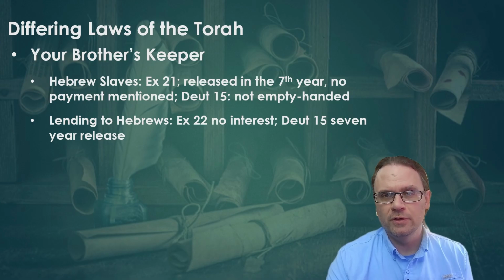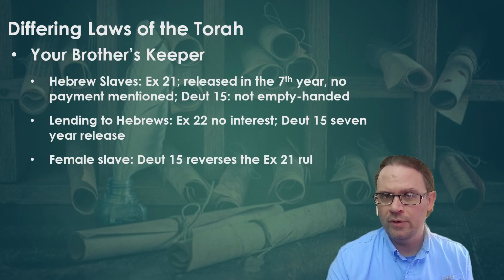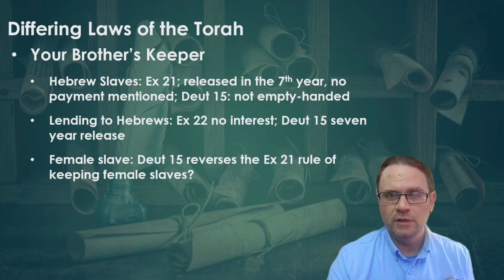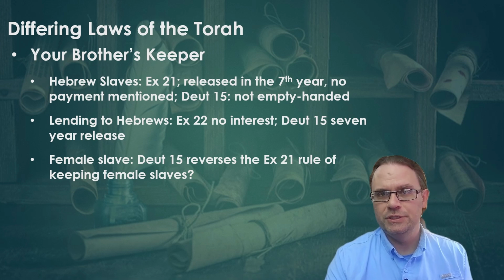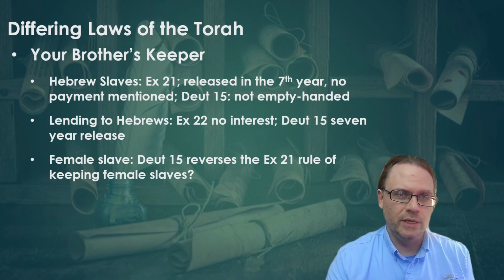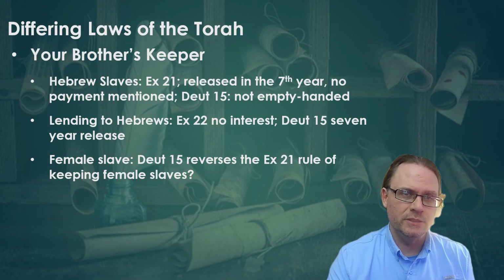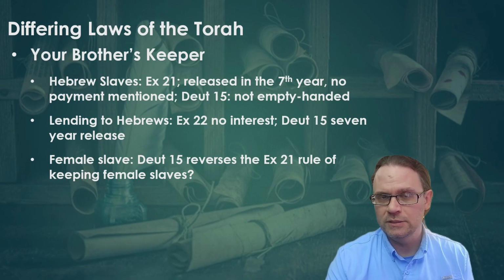It actually seems to reverse the Exodus 21 rule that allows a female slave to be essentially kept forever, without the seventh year release. Exodus 21:7, in regard to a man's daughter whom he sells as a slave, says explicitly, "She shall not go out as male slaves do." In other words, in the seventh year, which had just been detailed for male Hebrew slaves. Deuteronomy 15, on the other hand, explicitly applies the 7-year release to both male and female Hebrew slaves, as if it was repealing Exodus 21.